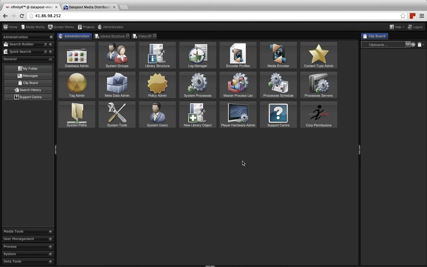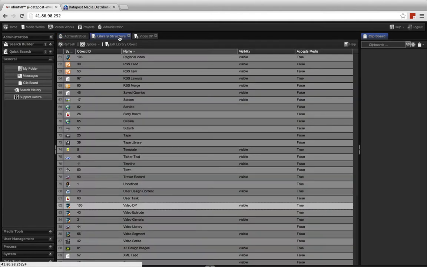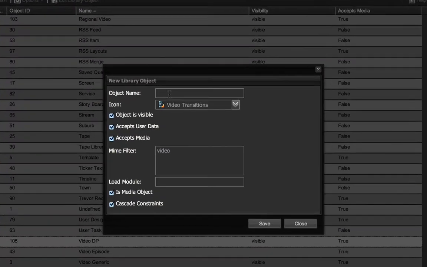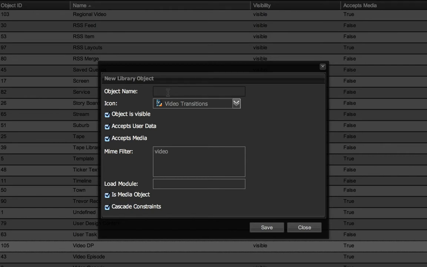Okay, so there we go. We've created a video object in the library structure. So what I also want to do though is I want to make an image structure which has the same attributes. So what I'm going to do is I'm going to go into the library structure. I'm going to say File, New Library Object, and I'm going to call this images